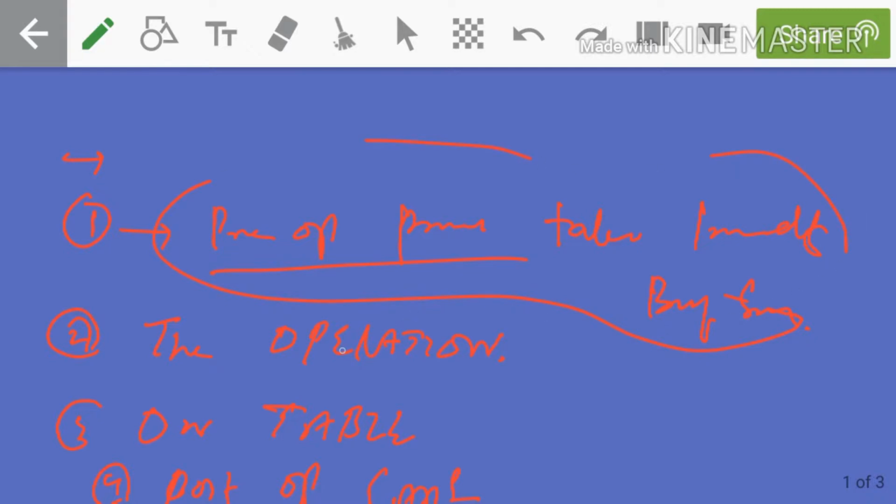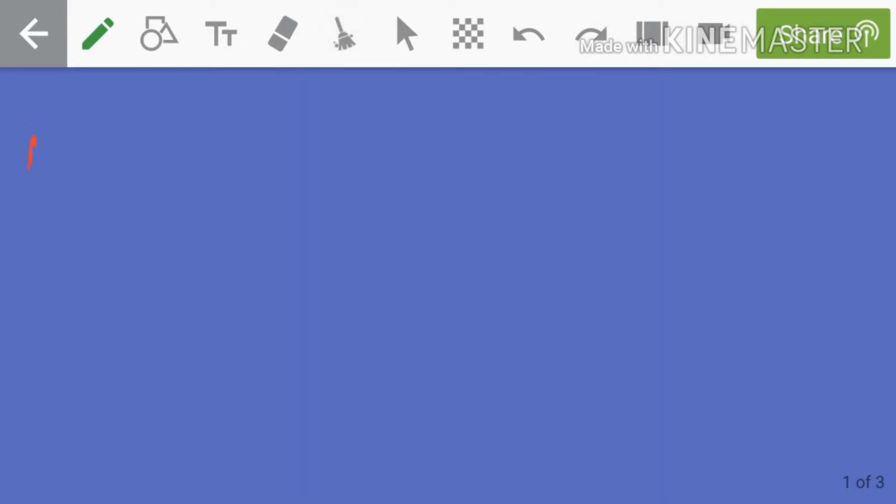First we will discuss what are the preoperative preparations which we do immediately before the surgery. The first one is we gather all information about the patient. The second thing is